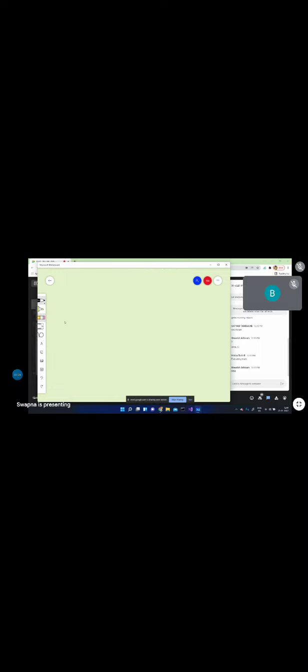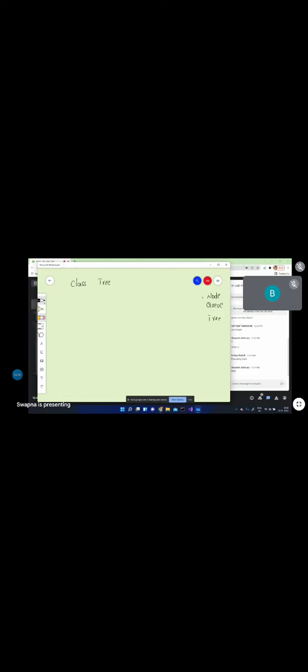Now, first we have to write class tree. This is the third class, students. We are having the node class, Q class, and tree class. Why do we require the node class? To create the node. Why do we require the Q class? To retrieve each and every element from the queue, and we are constructing the tree. That's why we require three different classes. Okay, in the node class,